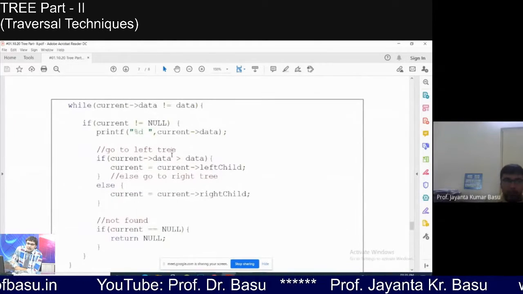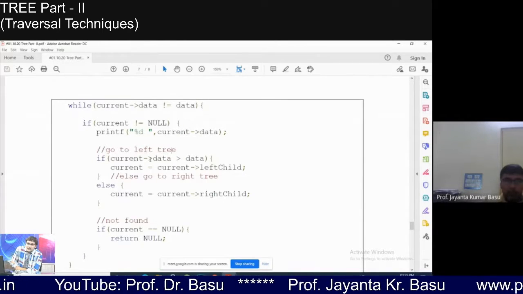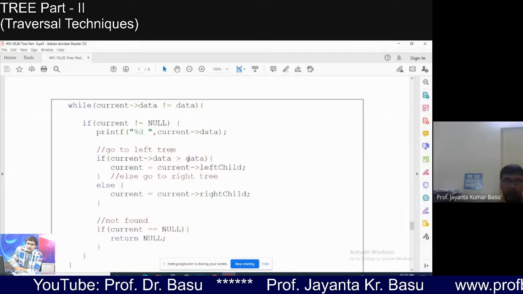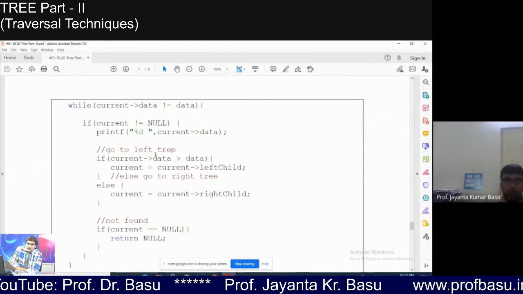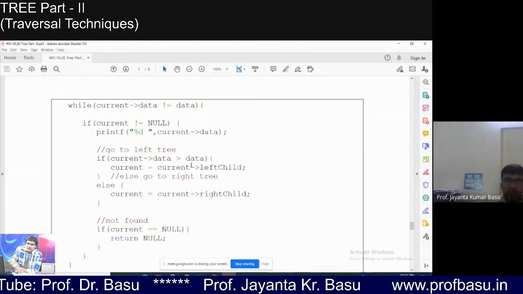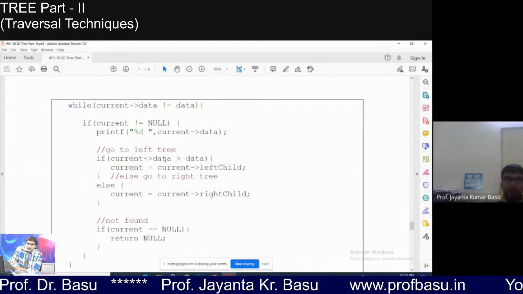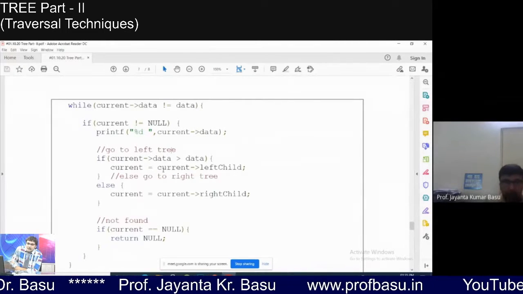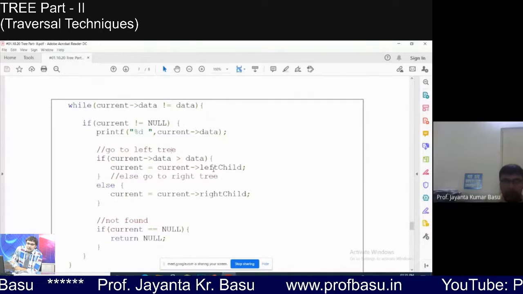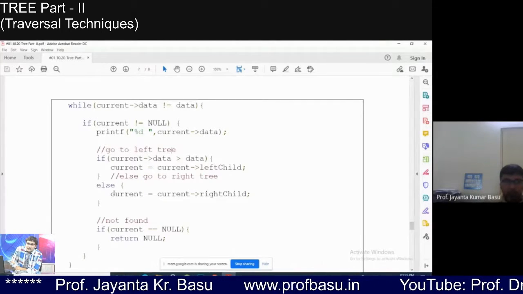We first print the root, then go to the left subtree. We check whether current arrow data is greater than data. If current arrow data is greater than data, we visit the left child, else go to the right side.